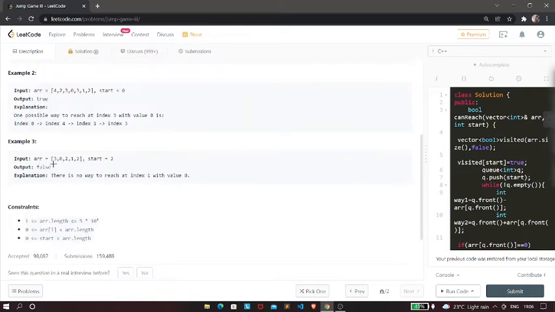So now let's see this example. Over here the values we are given are 3, 0, 2, 1 and 2. These are the values we are given, and this is our starting index. If you write the indices here, this will be 0, this will be 1, this will be 2, this is 3 and this is 4. So this is our starting index. So what is the value of i right now? The value of i is 2. And what is the value of arr[i]? It is 2.